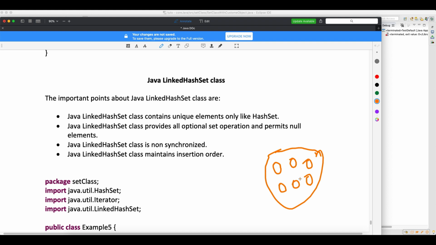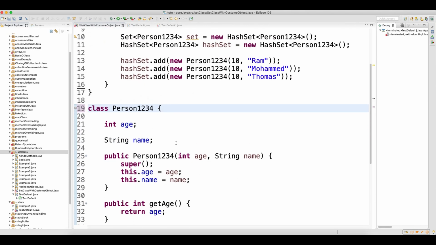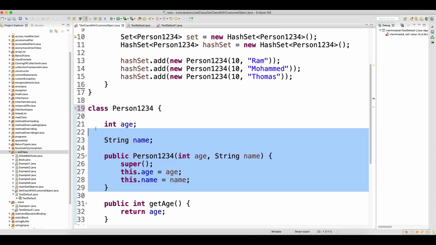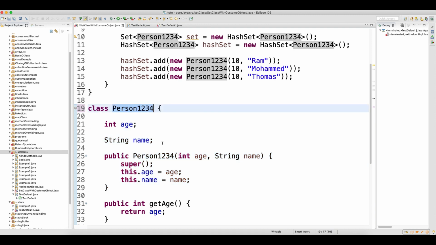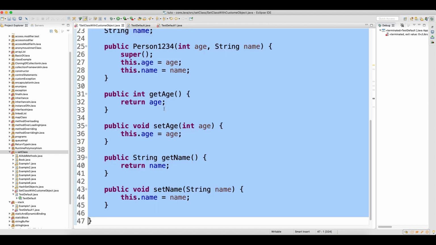Now I have 5 classes in this module, and these are 5 classes under one package. Now there is one bean class. In Java, whenever you create an object like this, we call it a bean class. The bean is nothing but your object. If you look at this, Person is nothing but a placeholder which will hold the data. This guy will not do anything. So assume that this is the bean class.